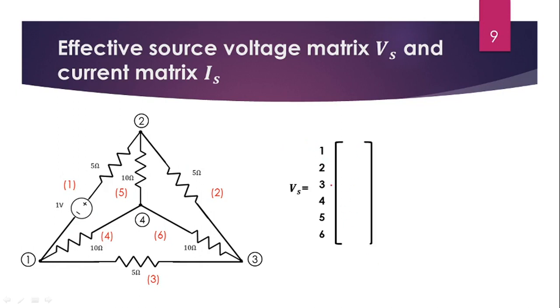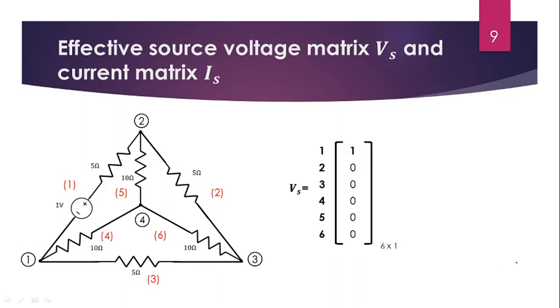So number of branches are 6. What voltage source is present in branch 1? Is any voltage source present in branch 1? Yes, that is 1 volt. In branch 2 there is no voltage source. Branch 3 there is no voltage source, so all the elements are 0. Branch 4, branch 5, branch 6, there is no voltage source present in the respective branch, so all the elements are 0. That's why we are getting Vs equals 1, all the other elements are 0, and the size is 6